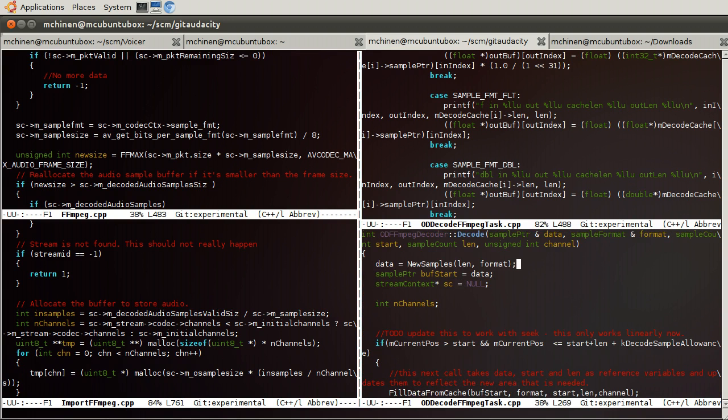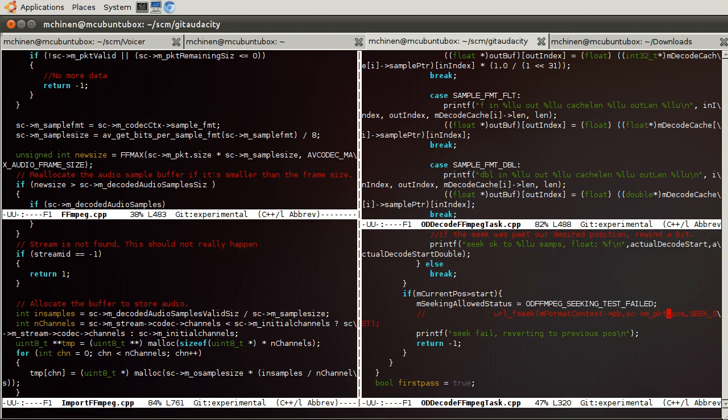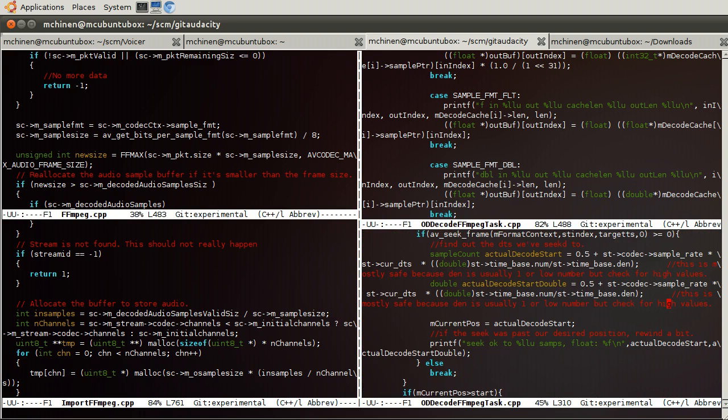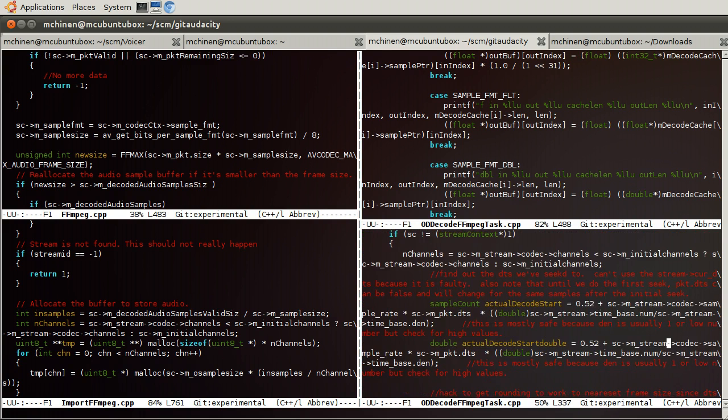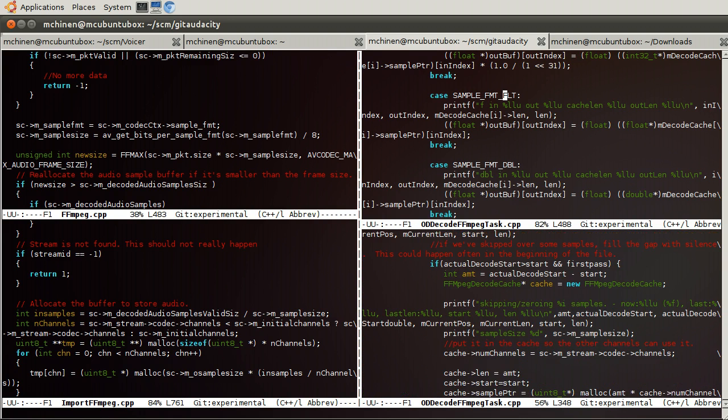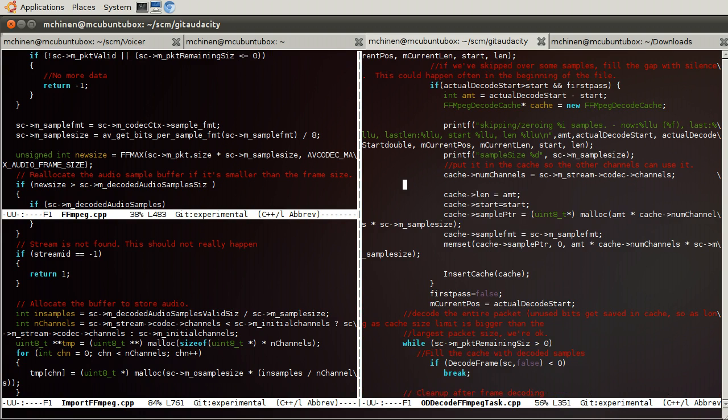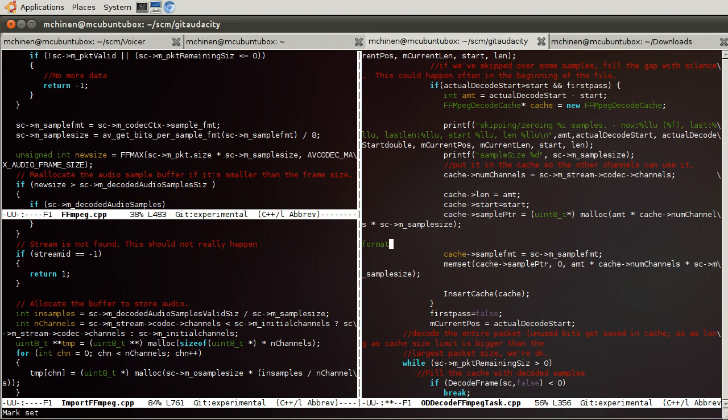So can we see the, yeah, we can see the decode format. So, alright, this is what we do. Look at the decode format. This will need some commenting because it's a little messy. But here's what I think will be nice. Alright. So we can't rely on this like that. What we can do is use this format variable. We can do sample size.